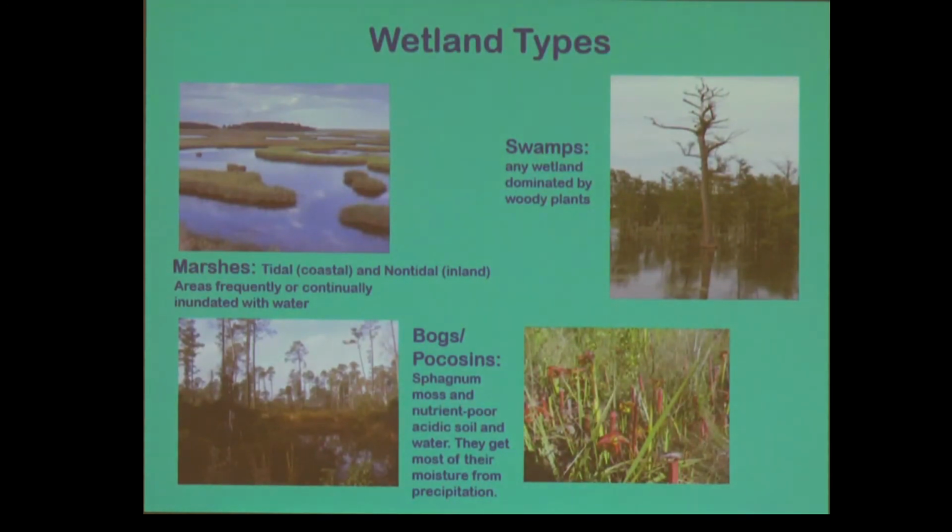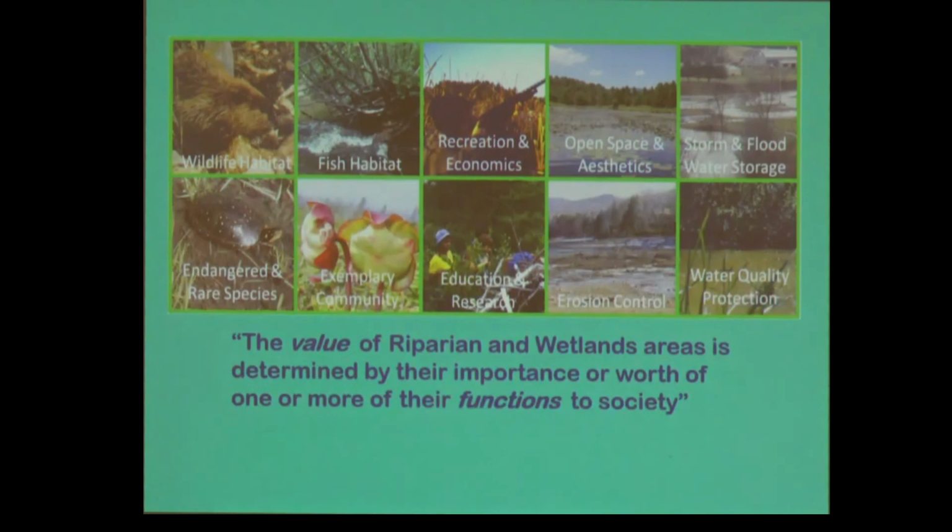Various wetland types: you have swamps, marshes, bogs, and pocosins. And the value of these, the riparian and wetland areas, is because of their importance or worth as functions to society. Some of the important things that they do are wildlife habitat, fish habitat, recreation, erosion control, education and research, water quality, storm and flood water storage,